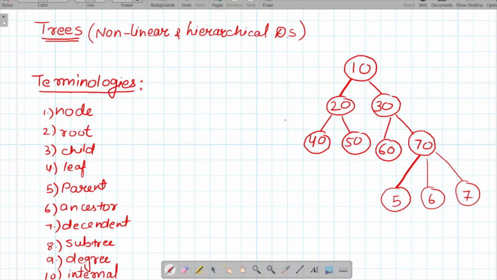First of all, let's see what a tree is and some of the terminologies related to trees. A tree is a non-linear data structure, and it is also called a hierarchical data structure. First of all, what is meant by non-linear is, like arrays,